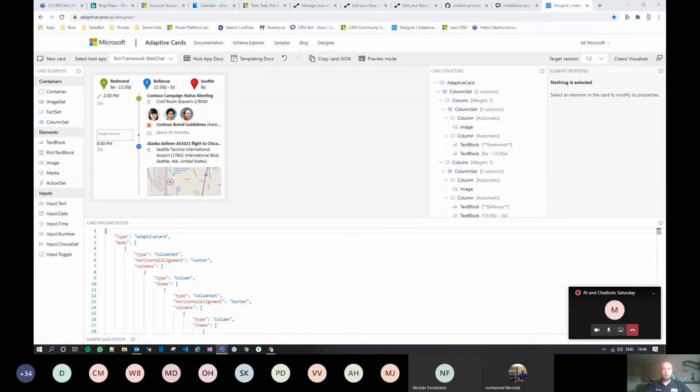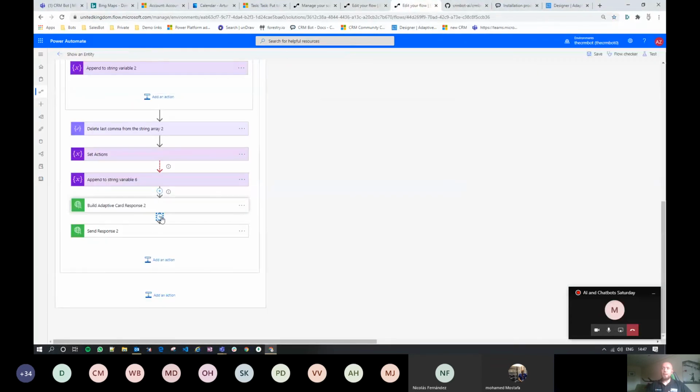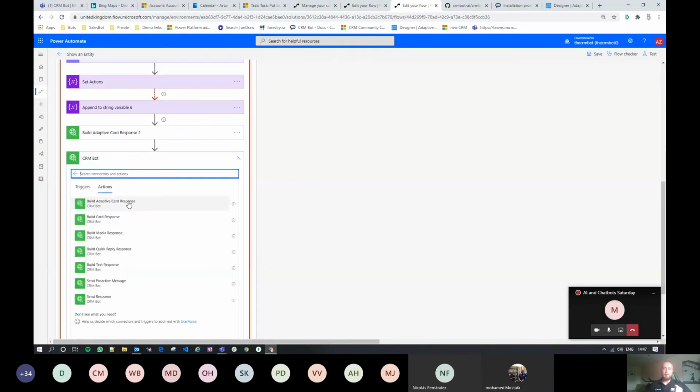As I said, if this was a B2C public-facing chatbot, you would use Messenger or you would use Web Channel, and you've got even more options. And this is really why it's important to reiterate that with custom connectors here, you've got an ability to build adaptive cards, media responses, quick replies, proactive messages.